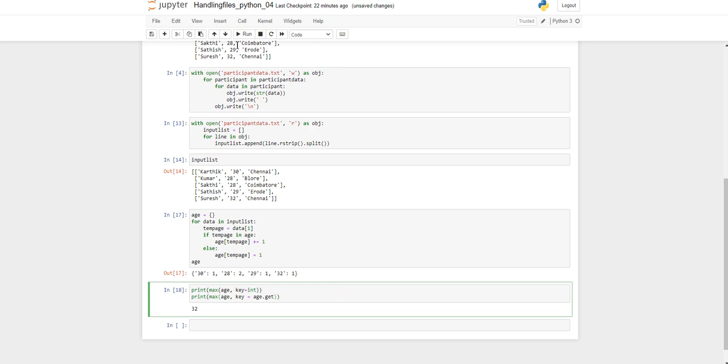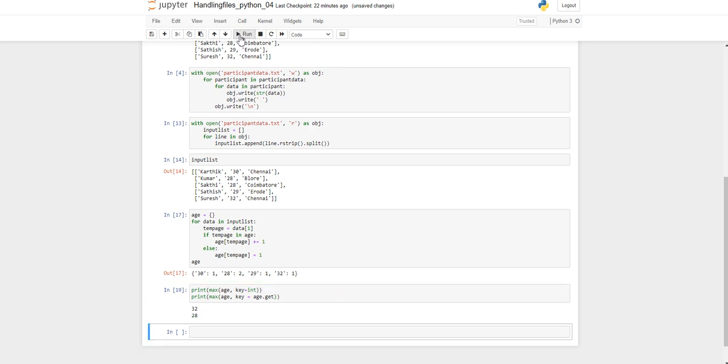I think 28 has occurred 2 times, so the age 28 has appeared the most number of times in our participant data list.